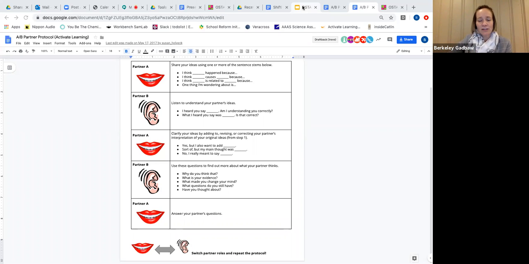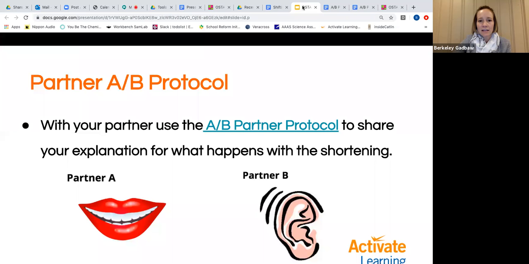Sometimes there's a moment in your class and you're like, I want kids to be talking about this more, and just to be able to pull out a simple tool that's generic for any scenario, really, for sharing of ideas. So